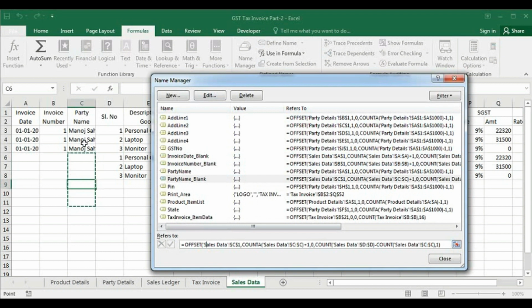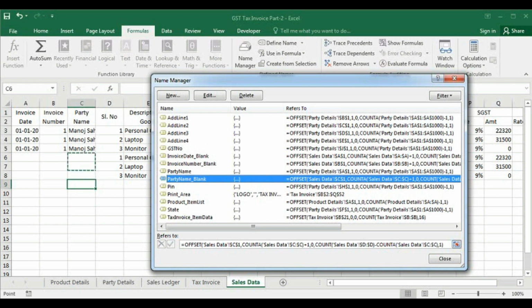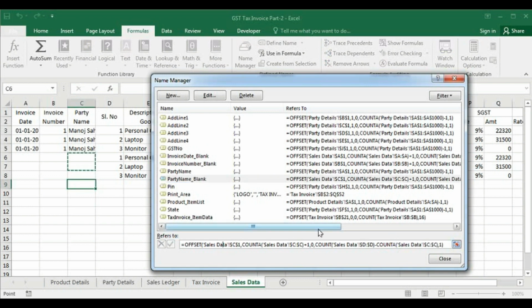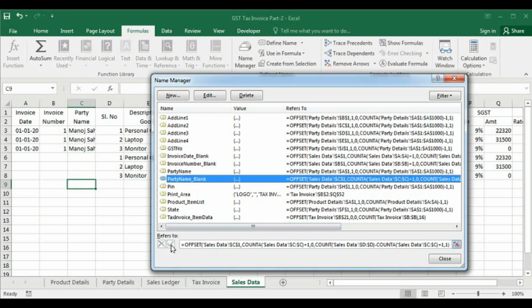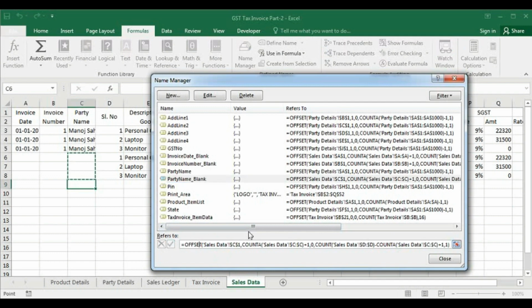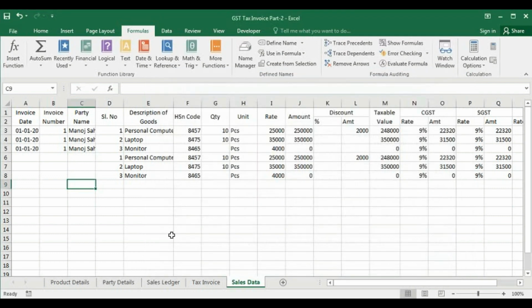So I have to take not COUNT, I have to take COUNTA. So here it will be COUNTA, and here I have to add plus 1. COUNTA, and here I have to add plus 1. Now it's doing well.